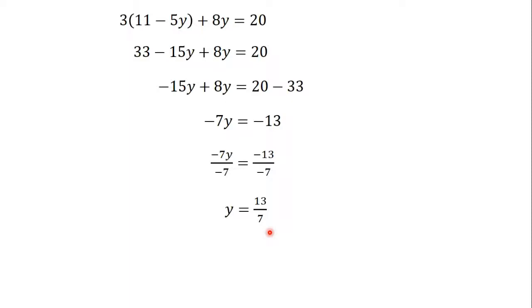Now we have to find x. We know from equation 3 that x is equal to 11 minus 5y over 2. But we have now found y to be 13 over 7. So we replace every y in this equation with 13 over 7. We have just one y here. So this is going to give us x is equal to 11 minus 5 times 13 over 7, all divided